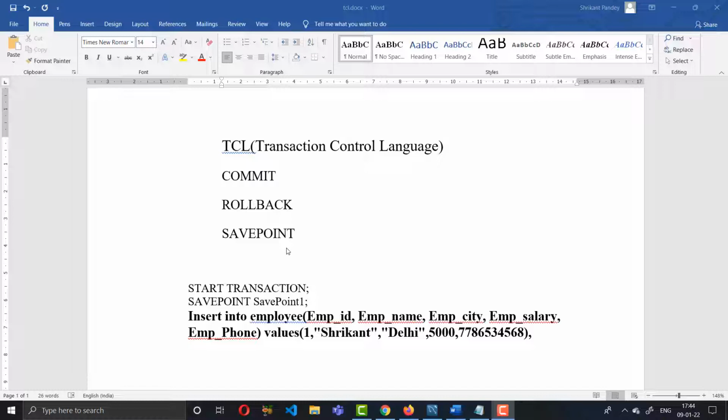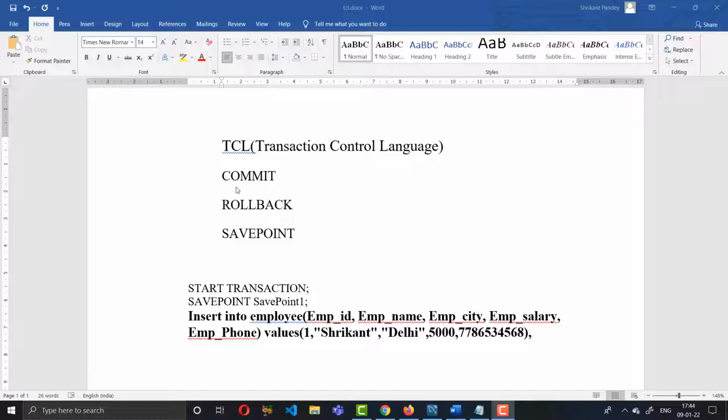Suppose your salary has been credited or your parents have provided some money in your account. So these transactions are happening on your account, and this is called a transaction. This is the real example of transaction control.